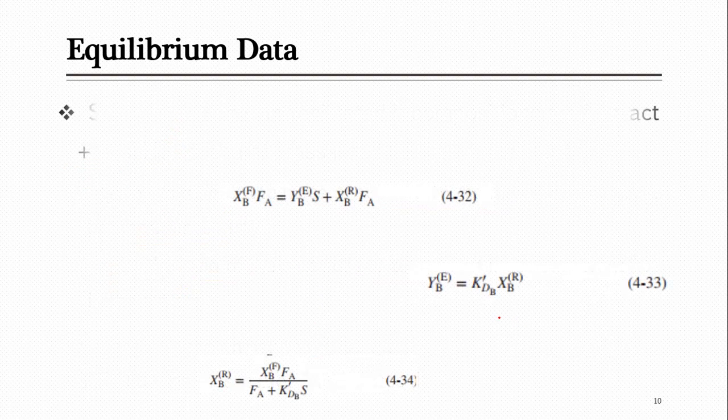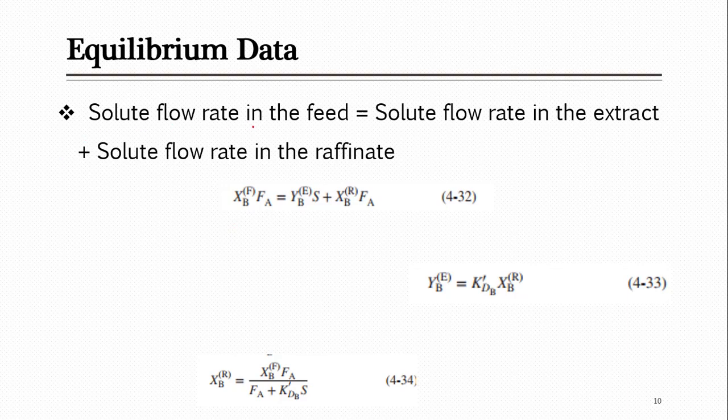So if I write its equation, it is the solute flow rate in the feed equal to the solute flow rate in the extract plus the solute flow rate in the raffinate, as we have seen from the diagram. This is simple, input is equal to output. Now the output is distributed into 2 parts, due to this we just write it this way. So here if I have to find the solute flow rate in the feed, that is how much its flow rate is, and as we said we have to represent the equation in the form of mass ratios. So actually its flow rate can be found from this